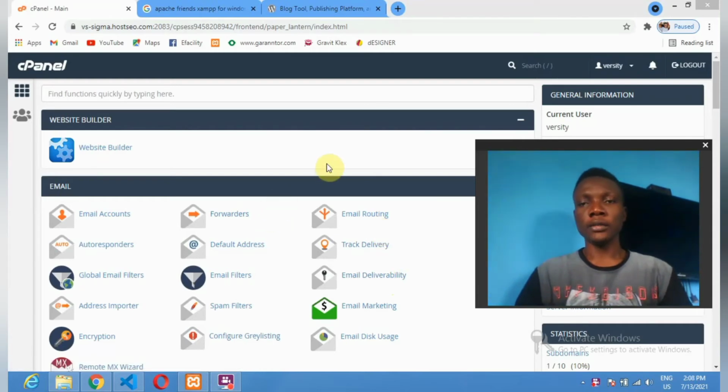Alright, now there are three things that you have to know before you start any web development journey. Now, one of the key factors you need to know is about the domain name. You will need to get a domain name. Now, what is a domain name? A domain name is just